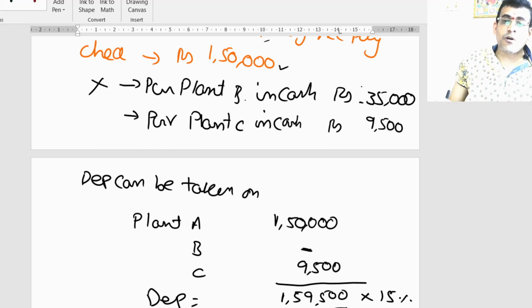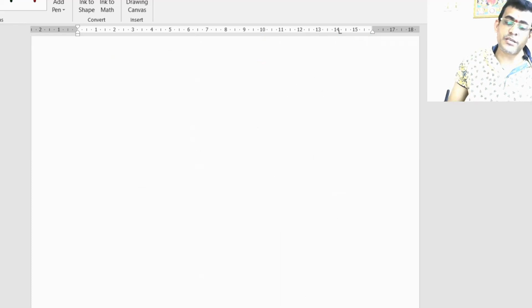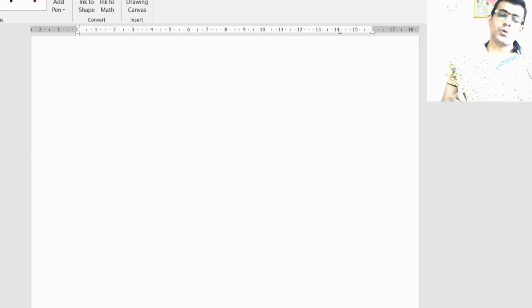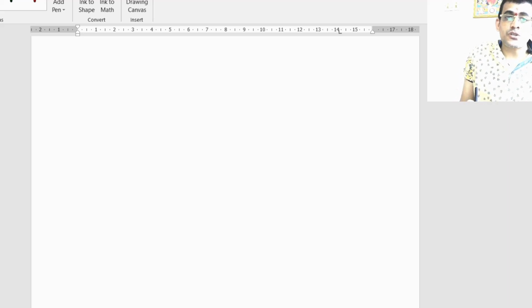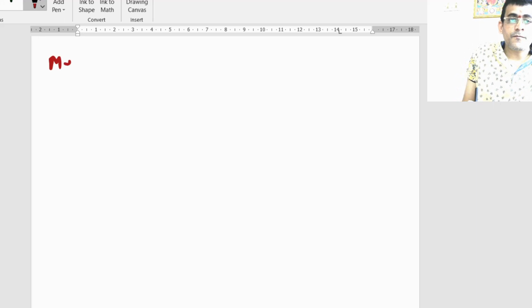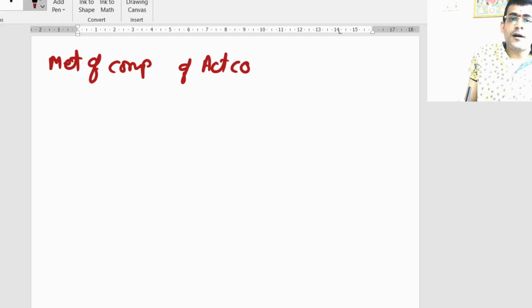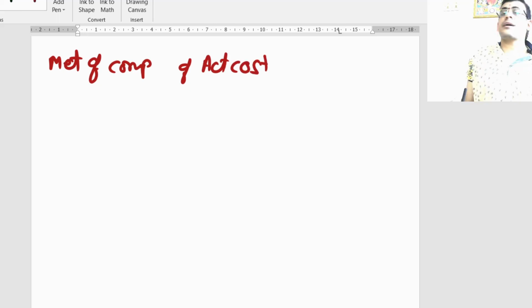Now let us get into section 43 subsection 1 and try to understand the remaining part of the provision. So here, if you try to see the manner of computation of your actual cost, let us prepare a small table. In that, let us see the method of computation of actual cost. How do we calculate? Almost in line with your Accounting Standard 10. There is no deviation from AS 10, almost roughly the same.